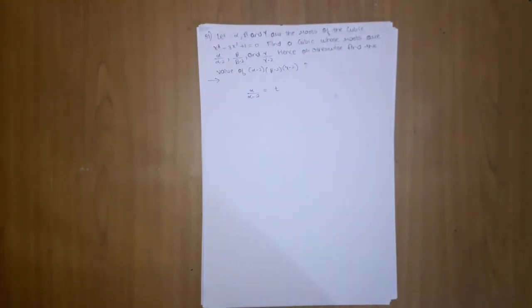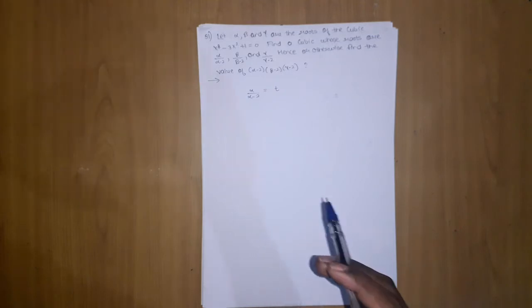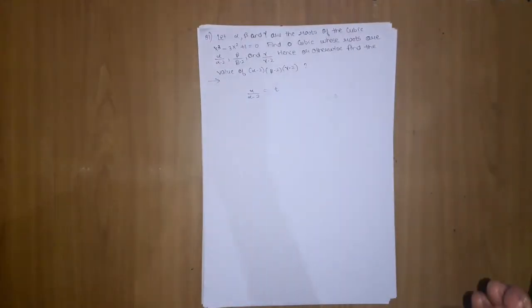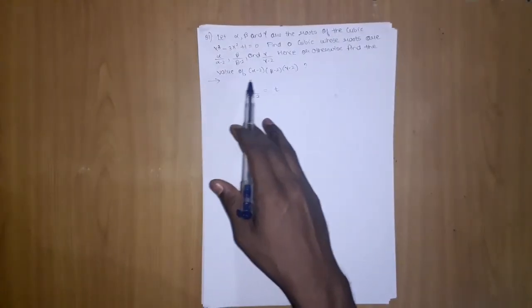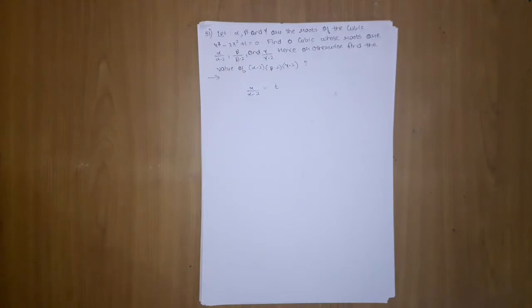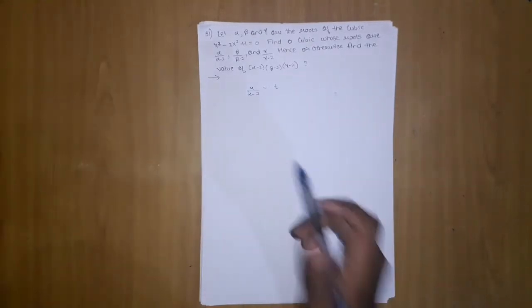So in such type of problem, in general they will give an equation whose roots will be alpha, beta, gamma, delta, and they will tell you to find an equation whose roots will be in terms of alpha minus 2, beta minus something like that. Like here you can see it is like this. So here the roots will be alpha minus 2, beta minus 2 and gamma minus 2. The other root will be alpha. So we will take alpha upon alpha minus 2 as t and find alpha in terms of t.